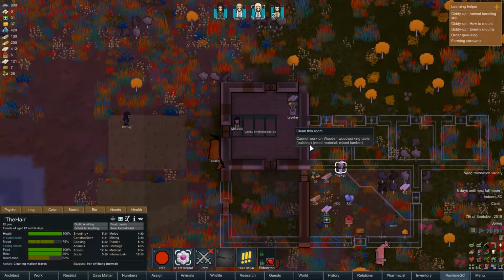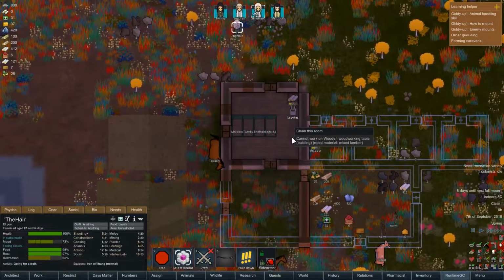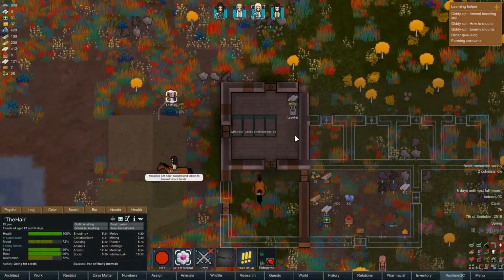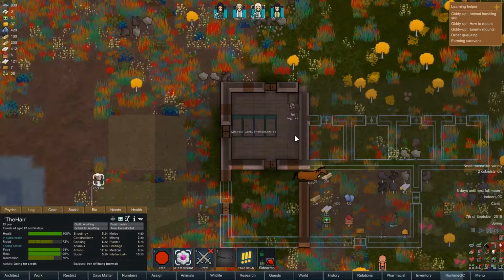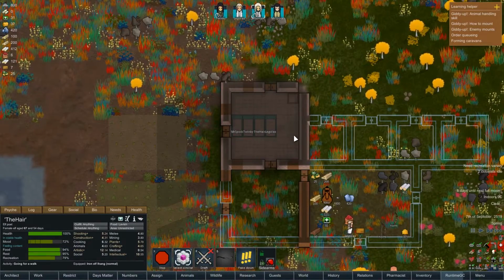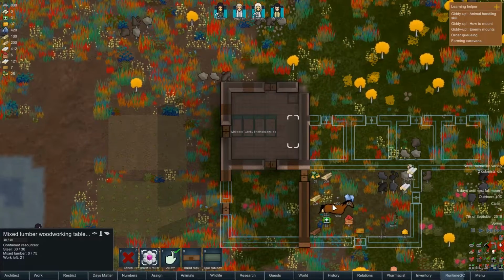Right. We need more mixed lumber. So I think Legolas is going to take care of that at the moment. As soon as we've got enough mixed lumber, we are going to make the woodworking table, because I think this is taking way too long. Right. Place that down. Is that going to be enough? Only 30. Oh, they're going to use it up for all the other stuff. Goddamn it. Right, well...